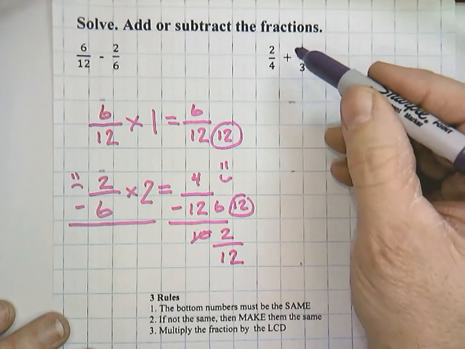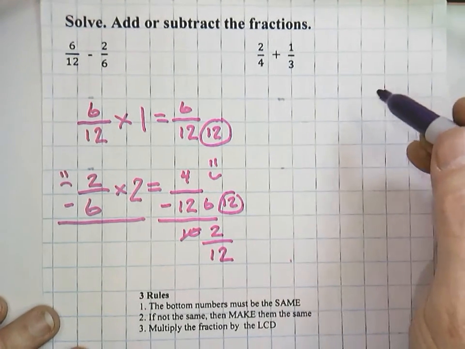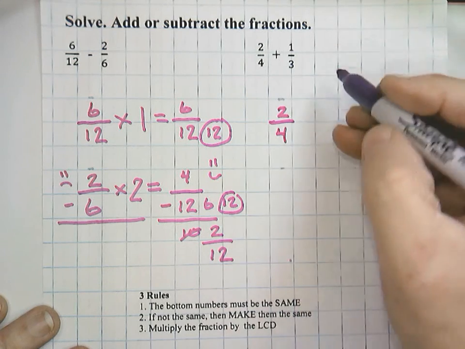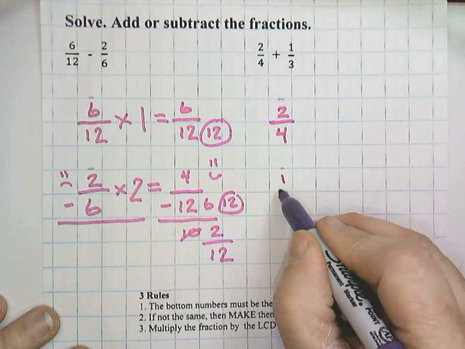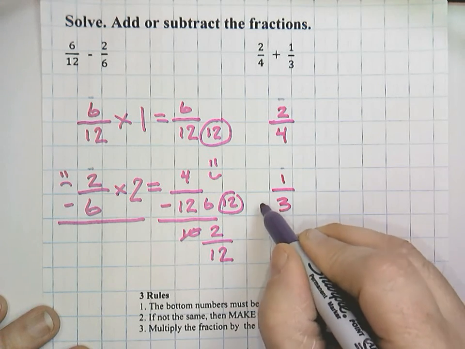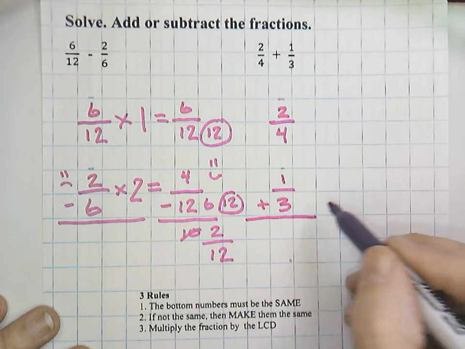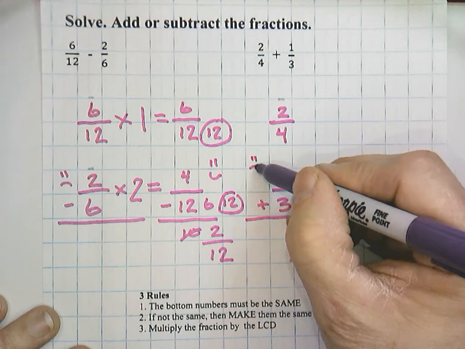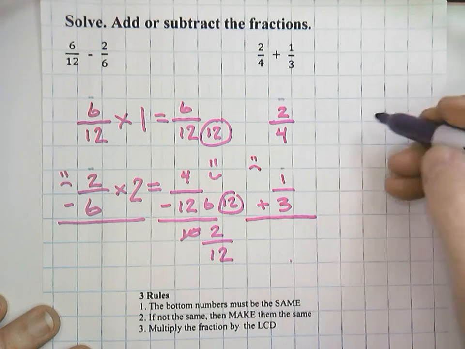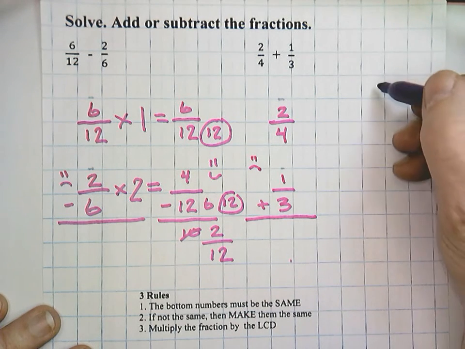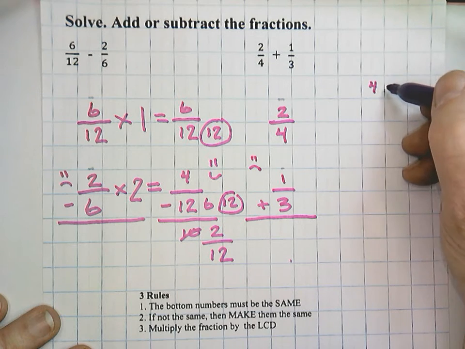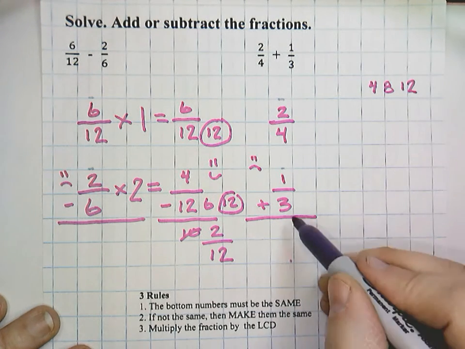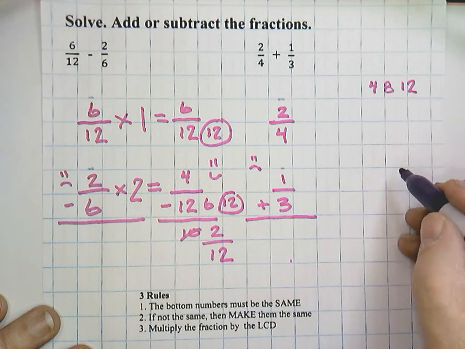All right, finally, 2/4 plus 1/3. I'm going to rewrite it. I think it's a little bit easier to work with. Fourths and thirds, not the same. So I'm going to do multiples. I'm going to try to write a little bit smaller. 4, 8, 12. For 3, I'm going to write here